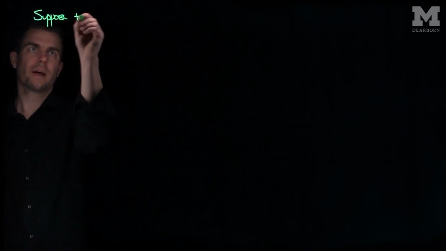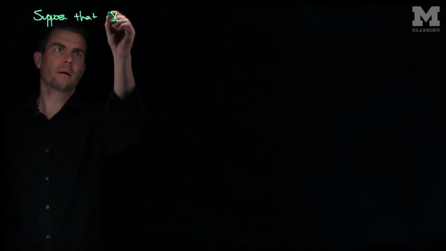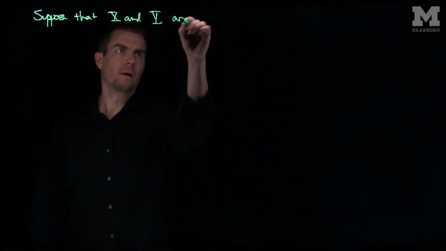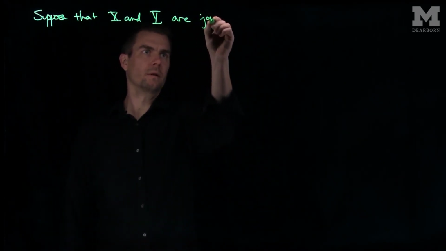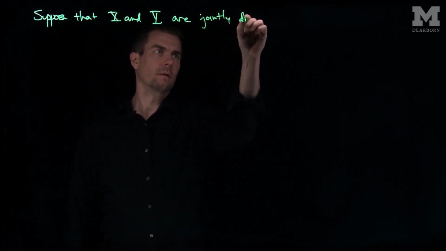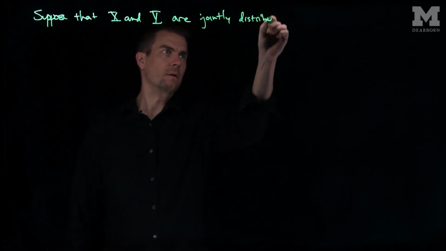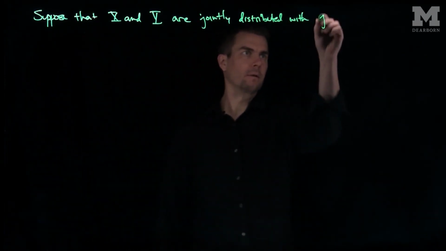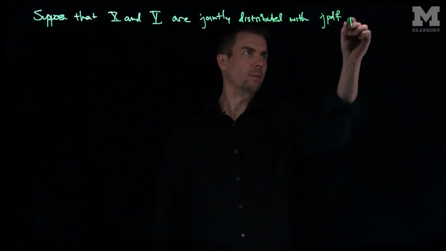Hello students, in this video we'll see an example of finding conditional variance. Let's suppose that X and Y are jointly distributed with joint PDF proportional to